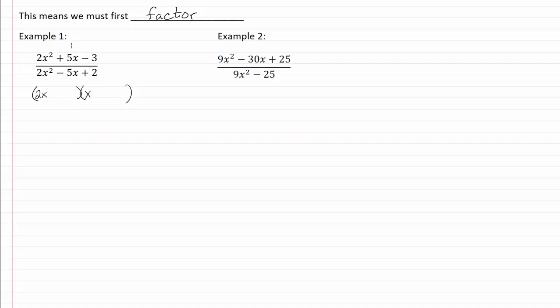Now I happen to notice here that we have a 5 here, and since there's only one way of factoring 3 and we are going to be subtracting, I'm going to put my 3 in my last box and my 1 in my first box. So that's going to give me 6x minus x, and it looks like we're going to have a plus in our last box and a negative in our first one because we want a positive 5x. Okay, so I'm going to erase my check,